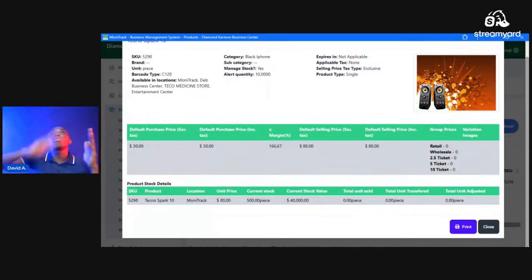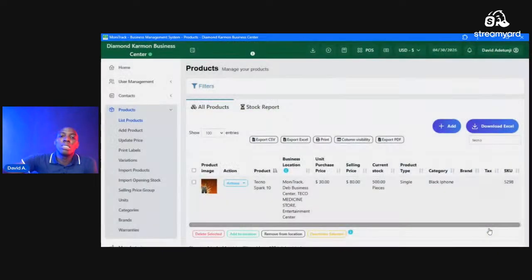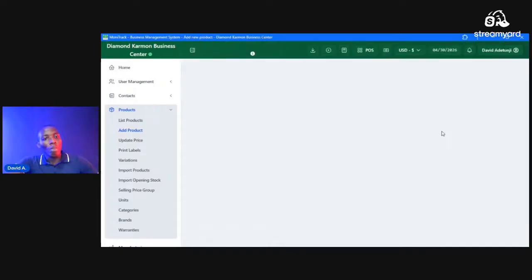Now, I want to transfer this. I want to transfer, let's say, 100 each to the different locations. How do I go about it? We are going to talk about it much later, but I want to show you how to add a variable product. Okay, so let's add a variable product, and we are going to be using